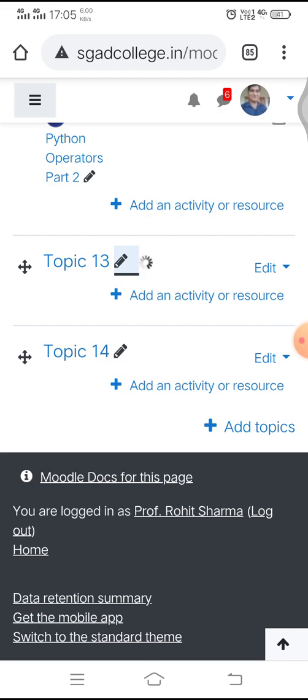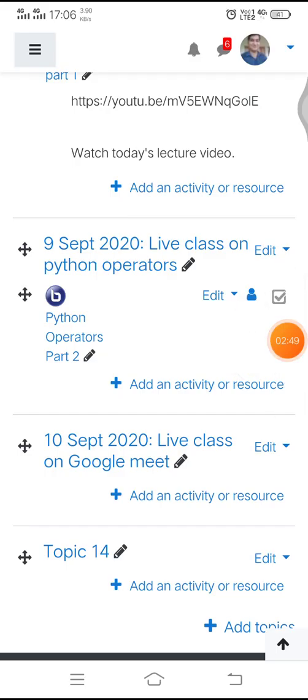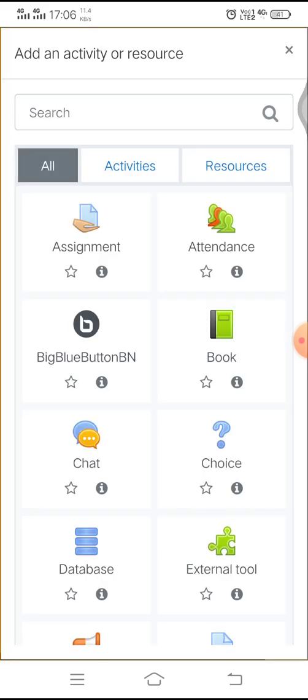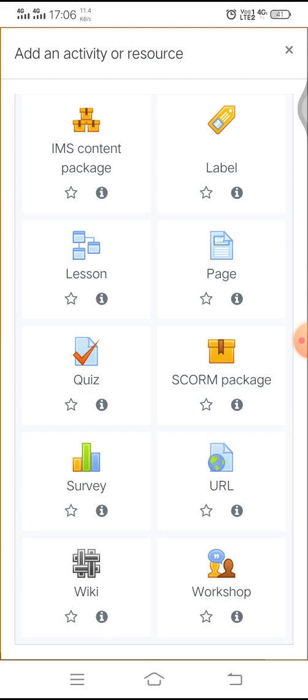The topic is now being added. It's processing now. Now you can see that the topic has been added. Now we have to add an activity or resource to the topic. Because I had copied the URL from Google Meet, I will use the activity URL from the menu. So I am clicking on URL